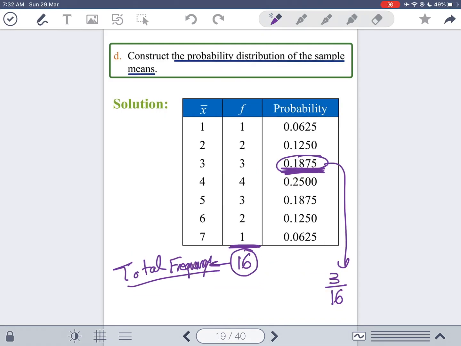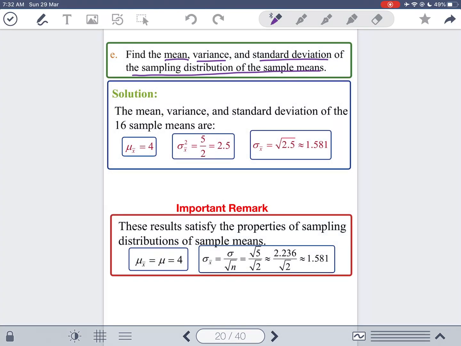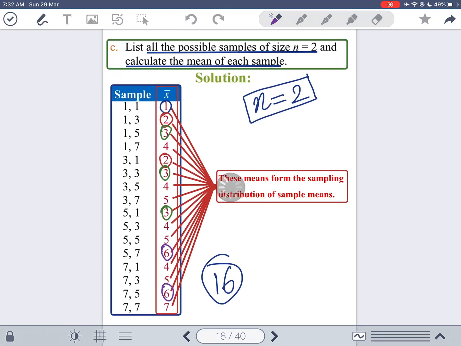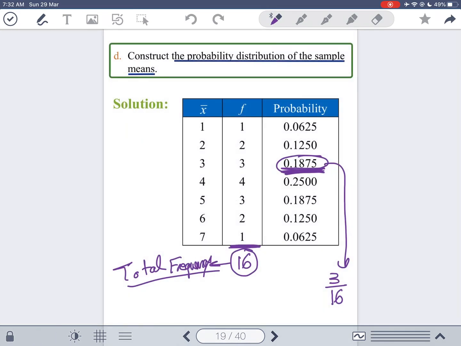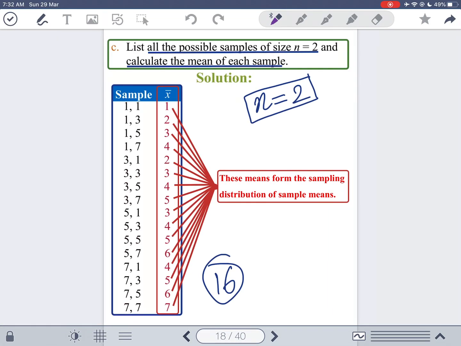So correct. And the next question is, find the mean, variance, and standard deviation of the sampling distribution of the sample means. So here you will see, if you look at the numbers that I have here, you can use either this or this here. You can use the frequencies, or if you want to just do it as ungrouped data, you will take all of these, and to compute the mean of the sampling distribution, you're going to add up all of these numbers